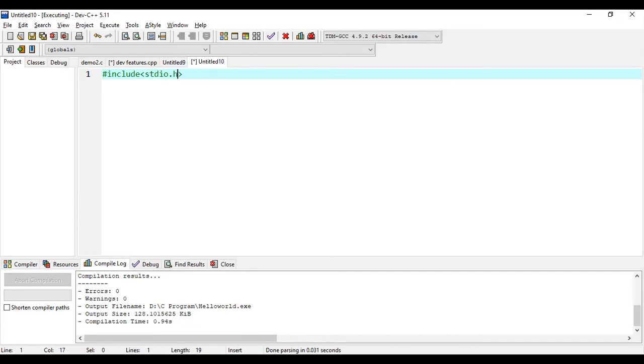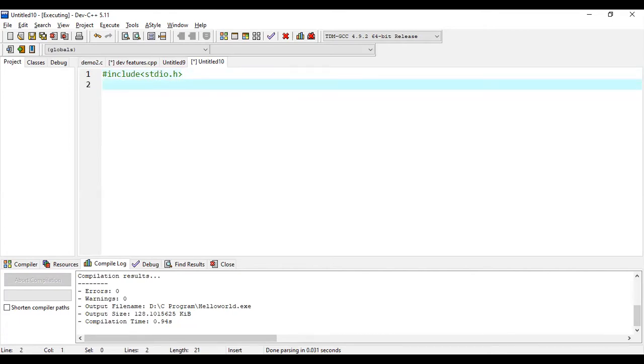Then close this angular bracket. Here stdio.h is nothing but standard input output dot header file, and this hash symbol is a pound symbol. We are going to include a standard input output dot header file in our program.